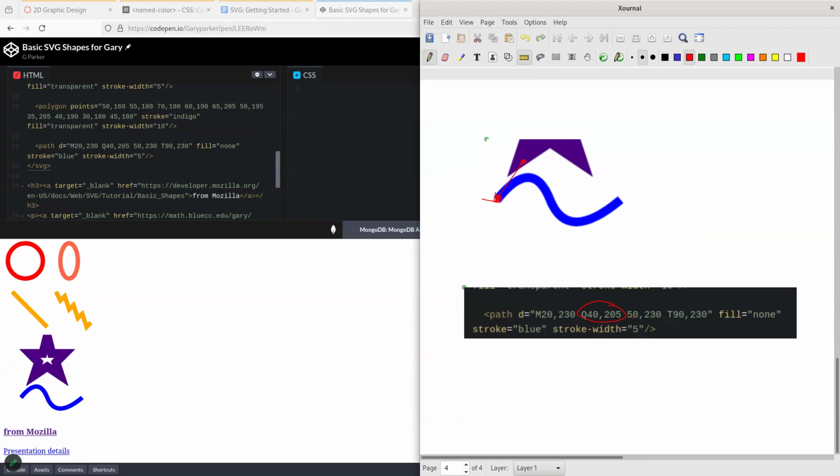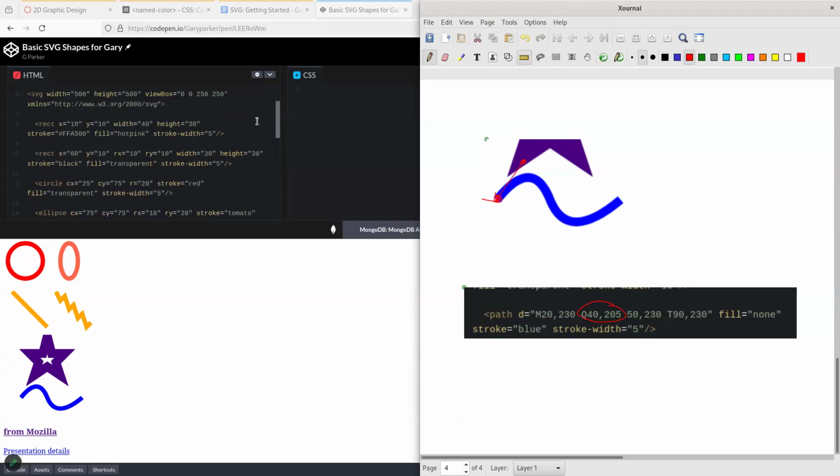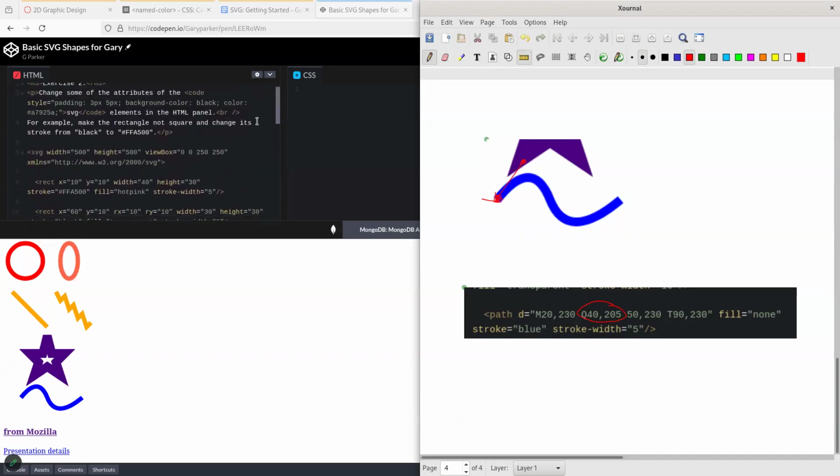And then we have another point, 50 to 30. So let's see, where about would 50 be? I gotta look back at the view screen here, the viewport, view box, there we go, view box. It is 250 wide, 250 tall, but we're not going over that far. And then T is 90. Okay, so this point over here is going to be the 9230, the last point, and then